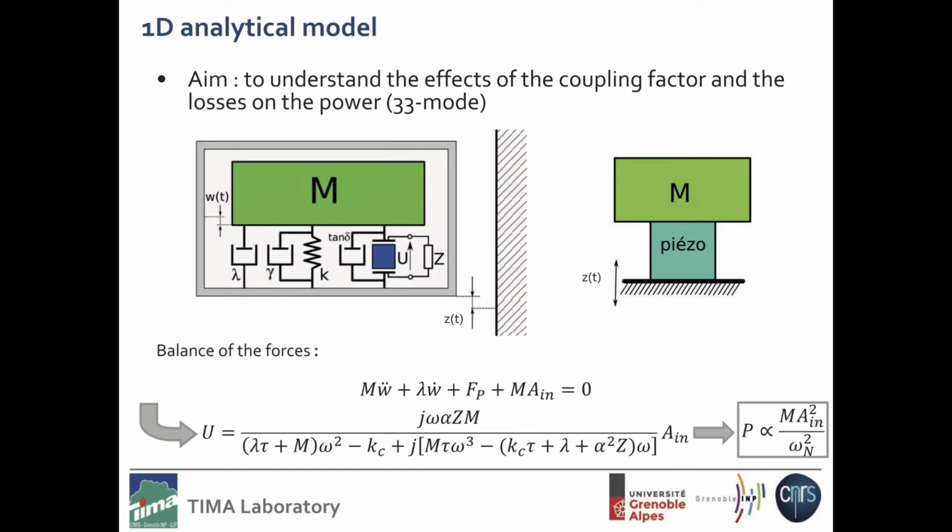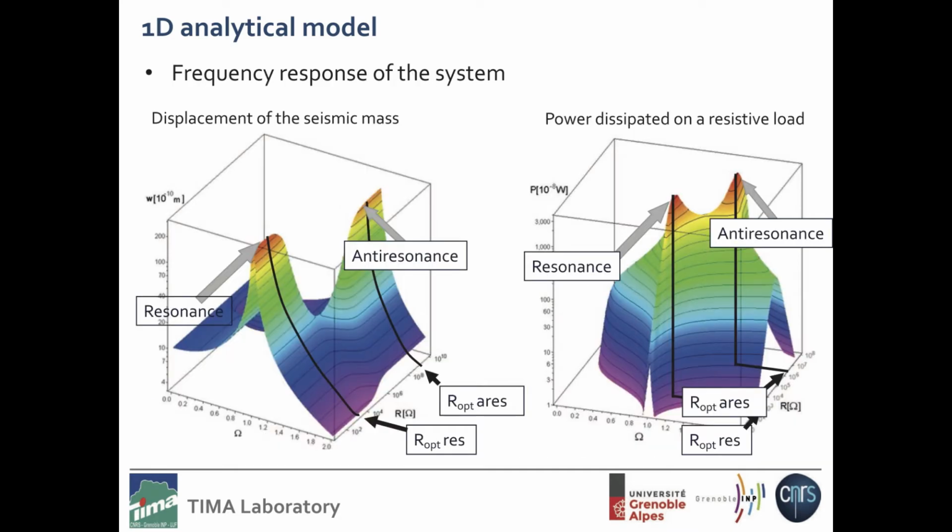So thanks to this model, we were able to plot some important curves: the displacement, the power versus the normalized frequency versus the value of the load, etc. And this is the same case for the power. And we were able to show that in this